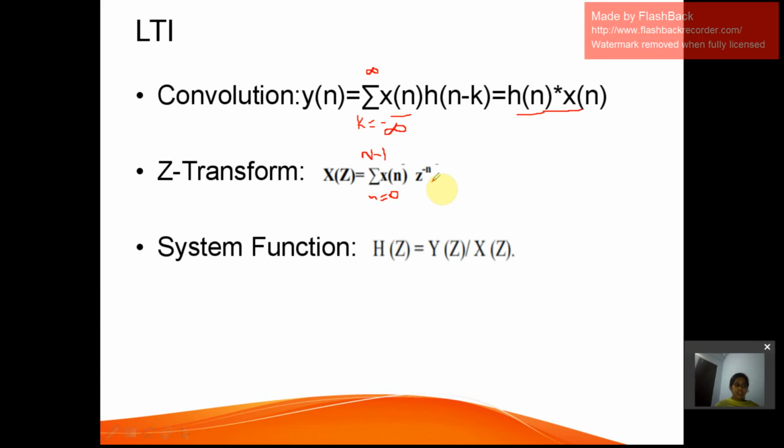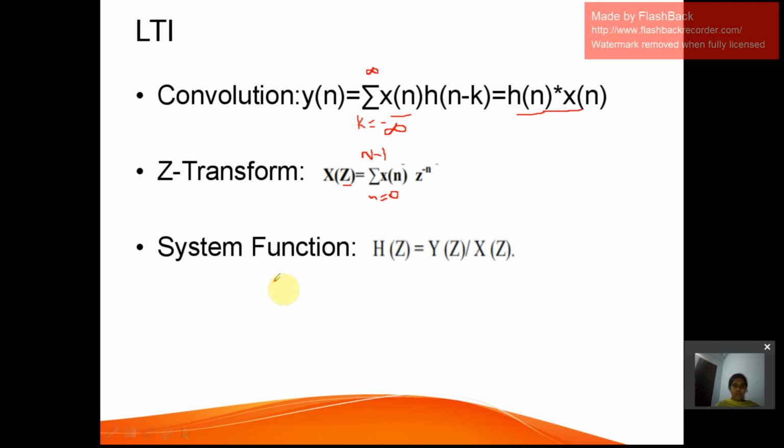That is the general expression for a frequency response of an n point sequence. In place of e power minus j theta, we just replace it with z. So the expression will be X of z is equal to summation n equal to 0 to n minus 1, x of n z power minus n. Instead of e power j theta, we replace that with z. So the frequency response can be calculated in terms of z through this Z transform, and the system response is calculated in the frequency domain.